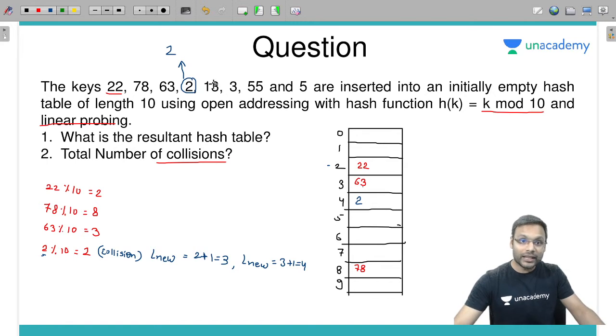Next one 13. 13 should be inserted where? 13 mod 10 is 3, should be inserted at 3 but occupied. Then plus 1, 4 occupied. How many collisions for 13? 2 collisions, and 13 should be inserted at